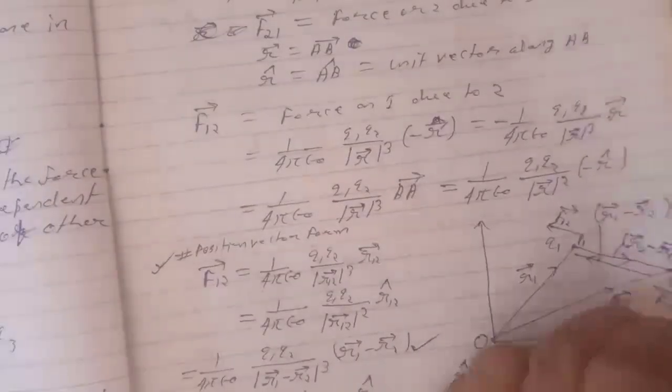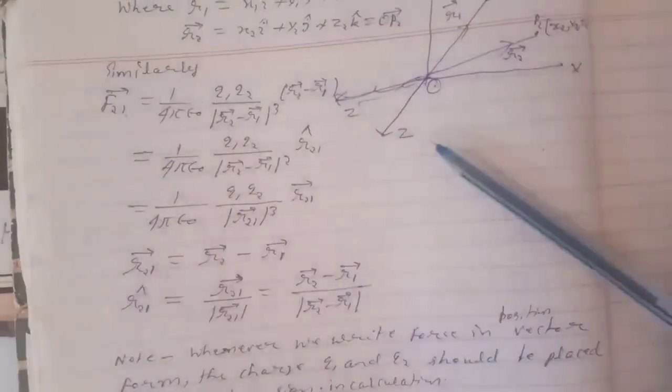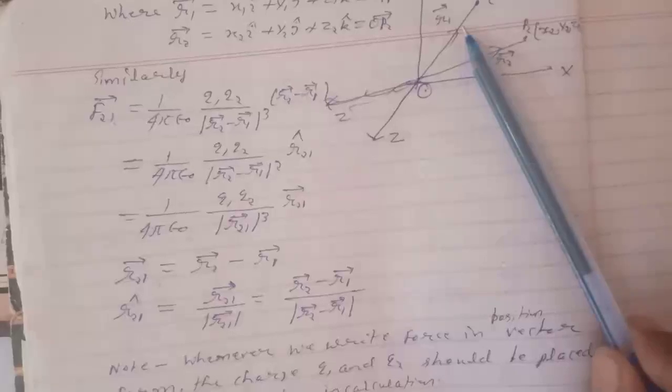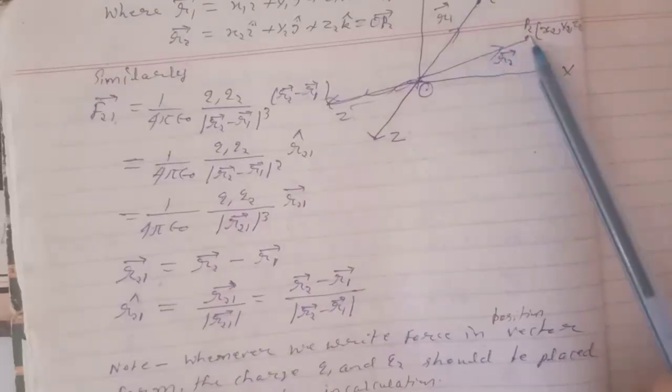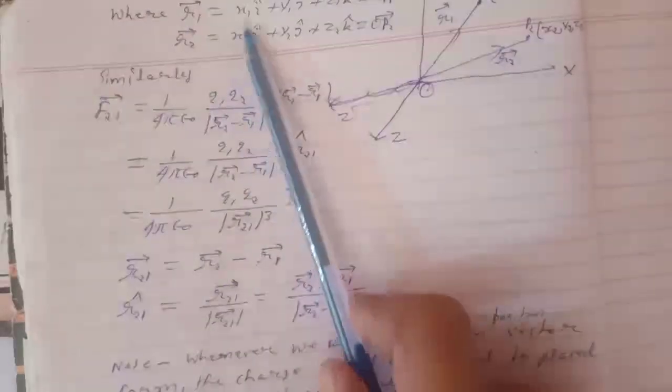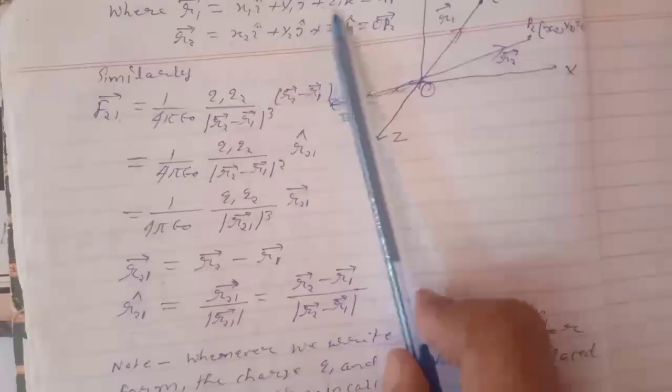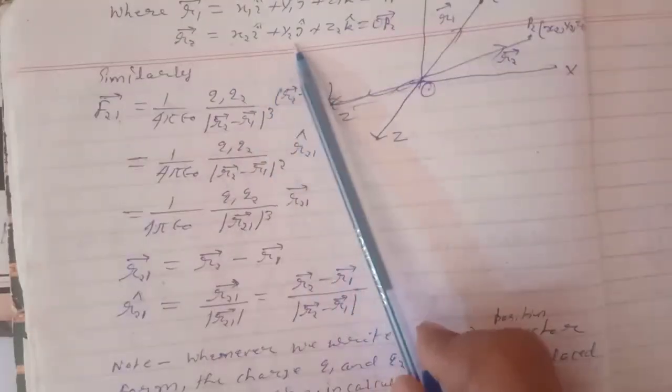Next, for example, shown here in 3 dimensions, if point P1 is here and point P2 is there, then the R1 vector can be written as x1 i cap plus y1 j cap plus z1 k cap, which is the OP1 vector, and the R2 vector is x2 i cap plus y2 j cap plus z2 k cap, the OP2 vector. Similarly,